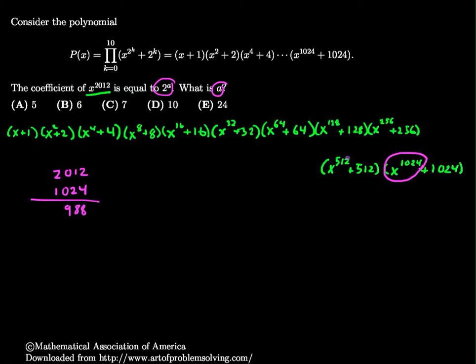Okay, and I can include x to the 512 because that's going to be less than 988. It goes into there, so 512. So that should give me, let's see, 476. I can include 256, and that will give me 220. I can include 128,